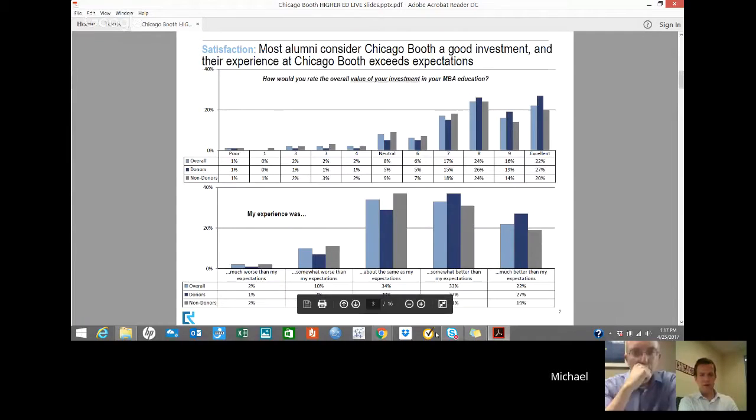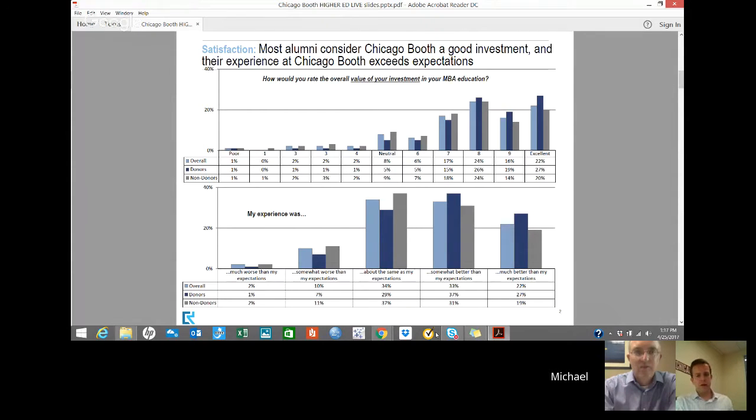Mike, if I could jump in here, this slide drives me a little crazy because 7 out of 10 highly value their degree. Yet I can tell you that I don't have a 70% participation rate in alumni giving, like I should if this data is actually true. But it does show that roughly that does match up with our lifetime giving rate. About 70% of alumni have given to the school ever, which is pretty great. And it does show that I don't have big problems to address before I can ask for giving.